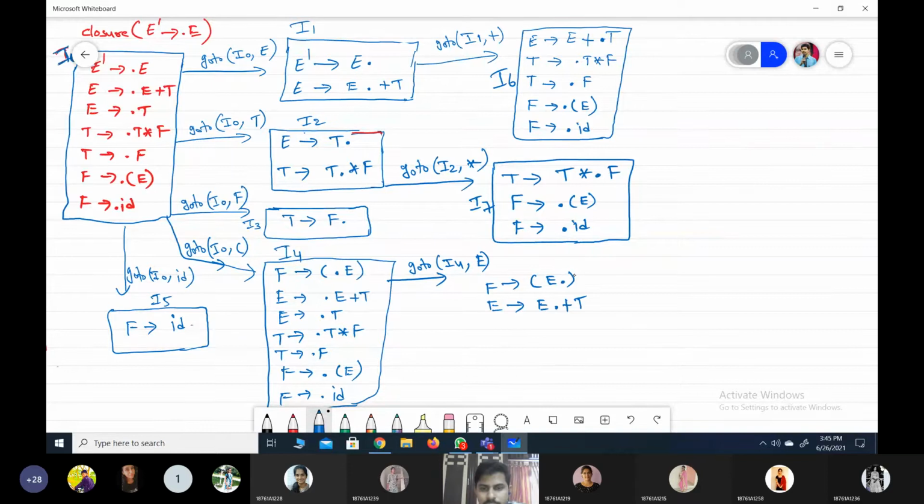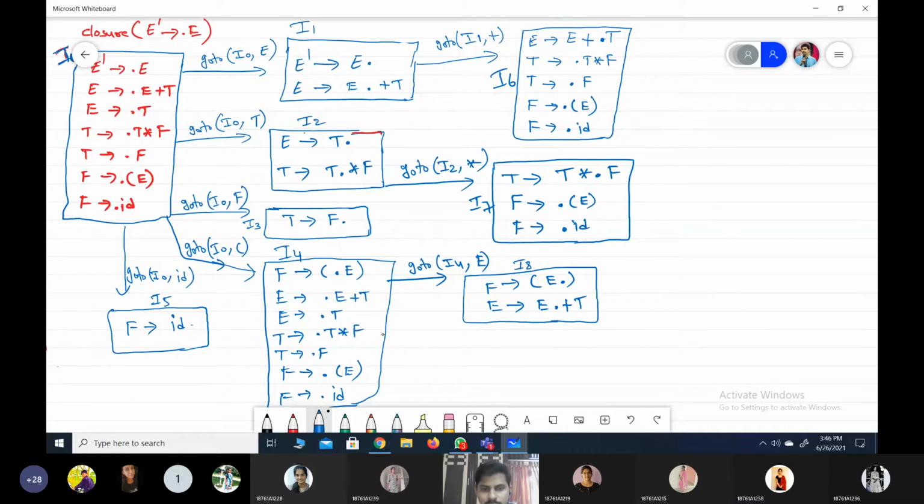Is there anything after the dot? If you observe, here it is a closed parenthesis, here it is a plus. They are terminals, so there is no need to cross-check them, and no need to add the productions repetitively. If it is a non-terminal, you have to add it. So we don't have any possibility. Simply make it a new item state. That means I would like to name it state number I8, because it is not matched with any of the existing item sets. That's why I named it I8. Is it okay, everyone?